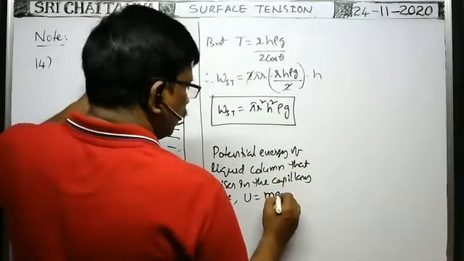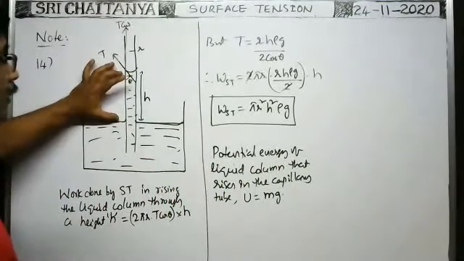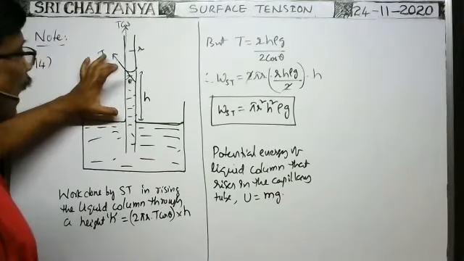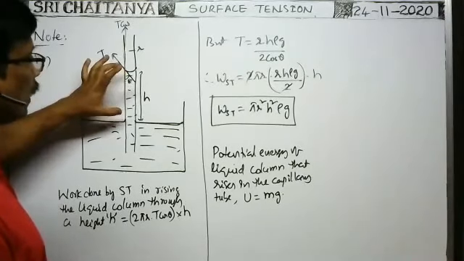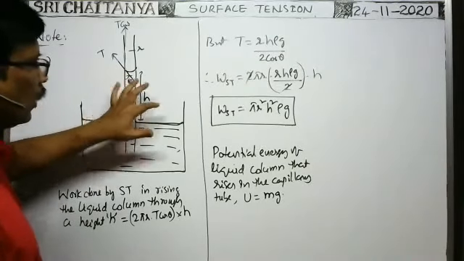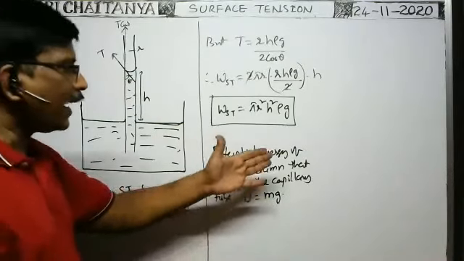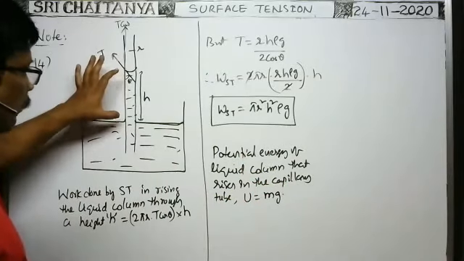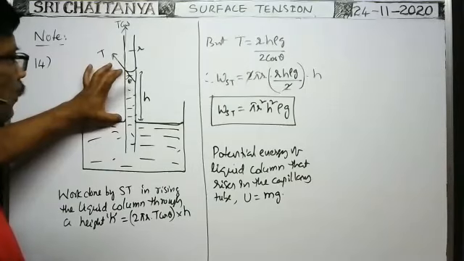a beaker, into g. Here, the mass of the liquid column that rises in the capillary tube is equal to m into g into the height of the liquid column that rises in the capillary tube. The total length of the liquid column is h. In order to find the formula for potential energy, mgh is the potential energy, h is the height up to which this mass is lifted. But the mass of the liquid that rises in the capillary tube is extended through a length equal to h.